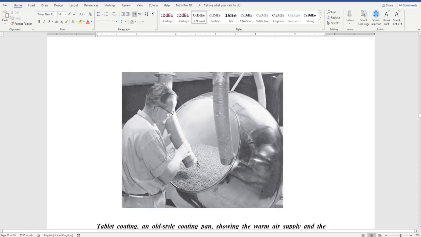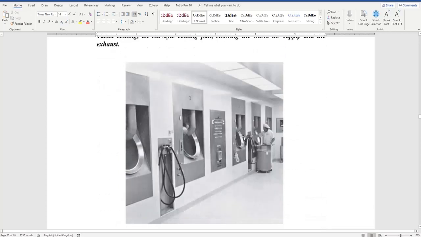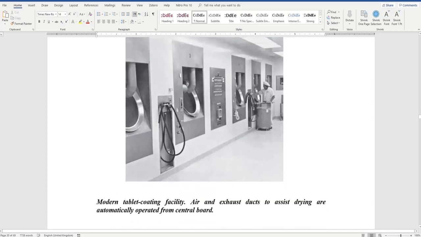You will see that it has an opening here. Okay, you will see that there are tablets inside. This is a rotating pan, and there is an inlet for hot air and exhaust. Okay, of course a modern coating pan will look like this, although even more recent equipment will be having the process in a closed way. Okay,